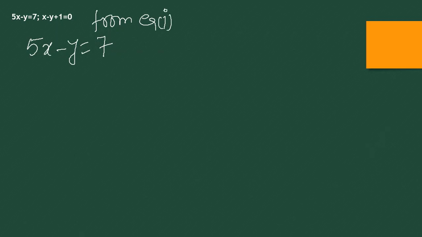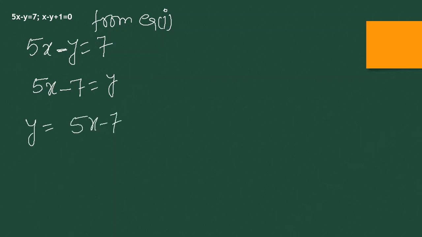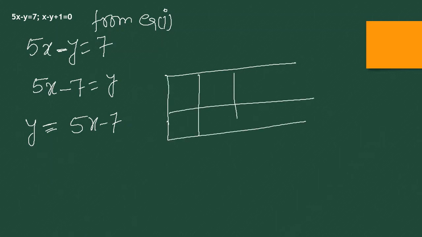So dear students, I'm taking the first equation, 5x minus y is equal to 7. So from equation 1, I'm writing here, as I explained to you, this term of y is negative, so I'm sending the y term to that side, and bringing the 7 this side. So this is y equal to 5x minus 7. Now we'll tabulate the values directly by putting the appropriate values of x. We'll get the values of y.